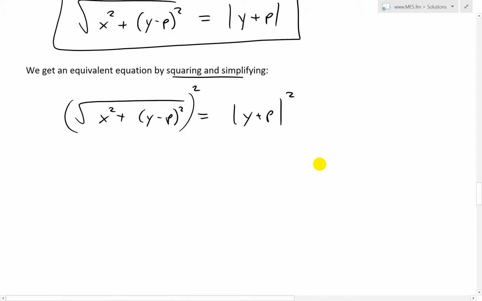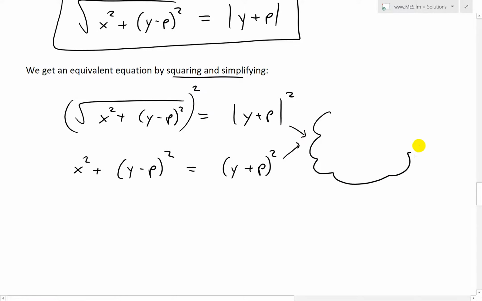So what we have is, well, the square roots cancel, so we're just going to be left with x squared plus (y minus p) squared. And now this equals, on this side, just (y plus p) squared. So we could remove the absolute value sign, and that is because, just a side note here,